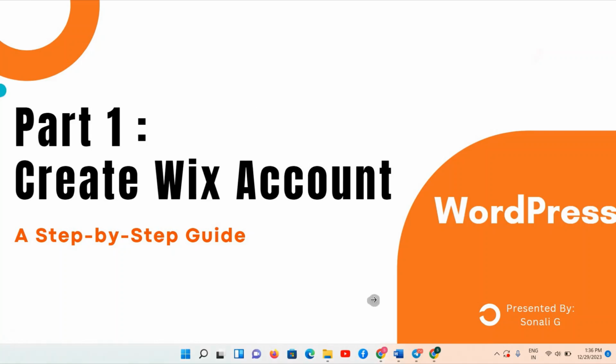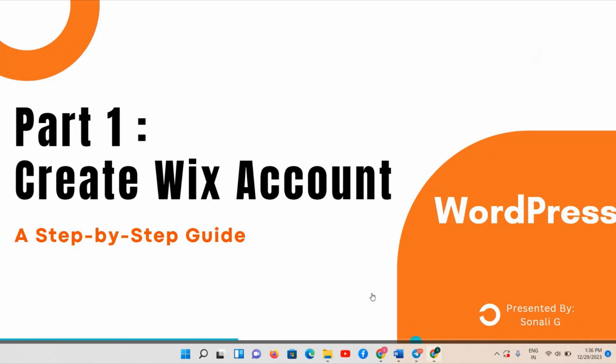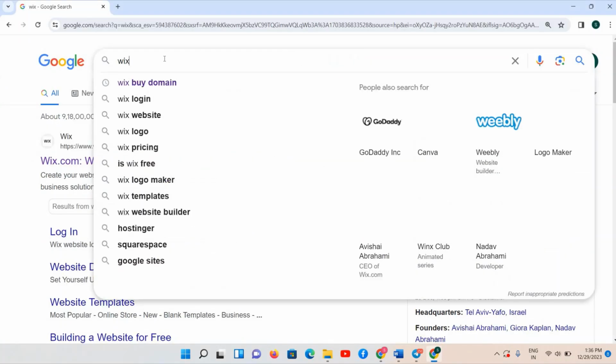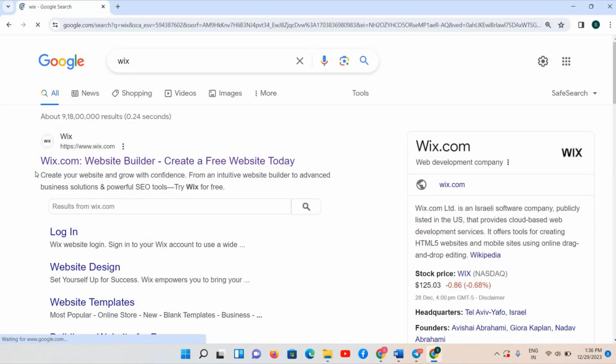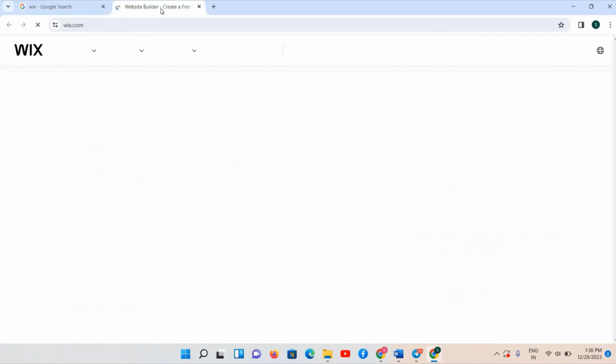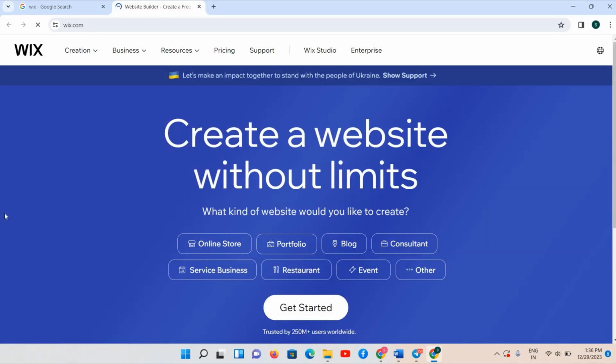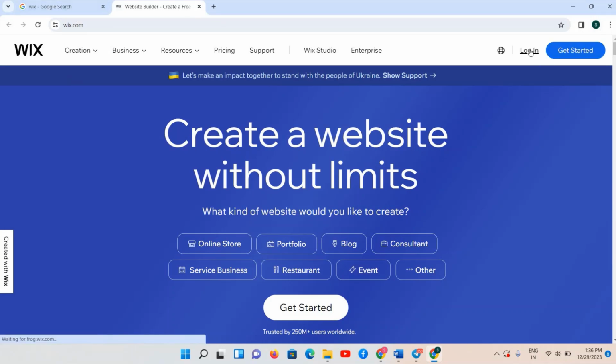Open your browser and in the browser just search for Wix. The first one is the Wix official website. Click on this and open this in a new tab. Now to create your Wix account, just click on the login button on top. It's loading. Okay, now it's visible. Click on this login button